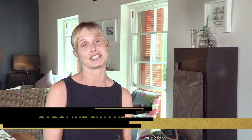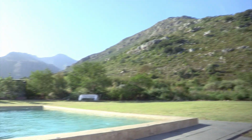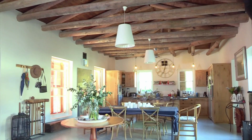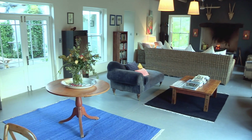Our concept here is splendid isolation. So you're situated in a 2,500 hectare private nature reserve all to yourself. You can kick off your shoes, make it your home away from home, but at the same time we've added lots of little elements of luxury so that you feel indulged and spoilt and truly away from city life and